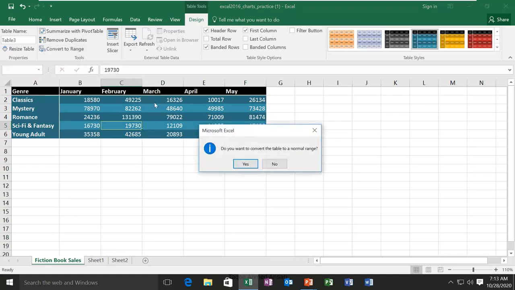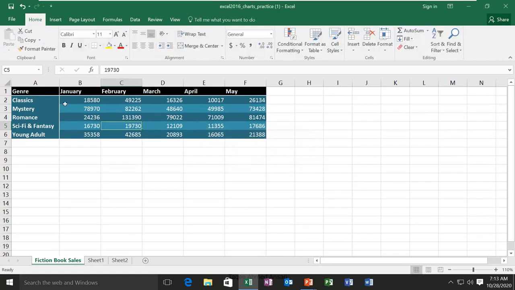When I select this, the dialog box says, do you really want to? I say yes. And now you can see it is not showing the table here. If I click any cell, the table tool is not coming because now it is not a table, but it still has the same formatting we used in the table.